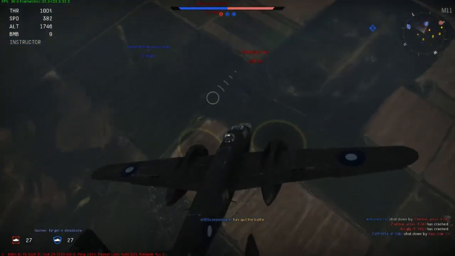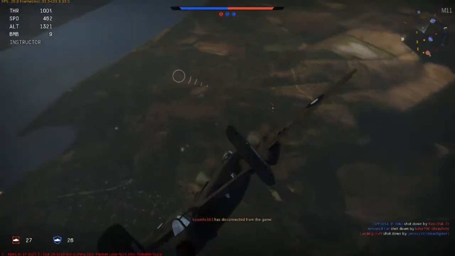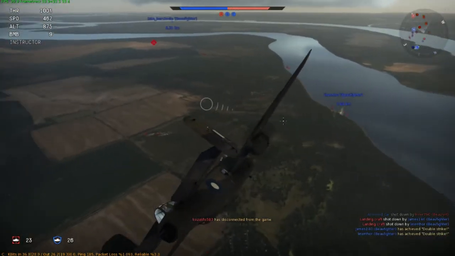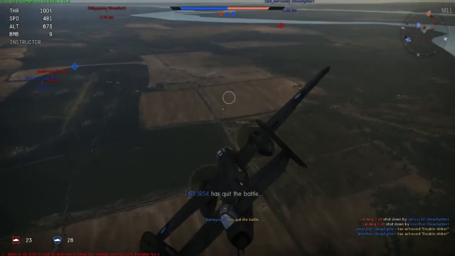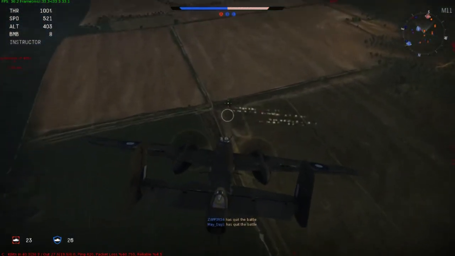So let's try and gain. No, we don't want to gain altitude. We want to drop altitude. Try and bomb some of these targets down here, if there's any left. There we go. There's some right there. Usually I can be able to...